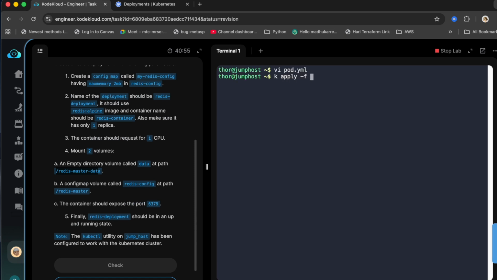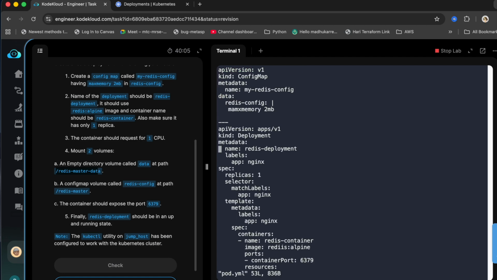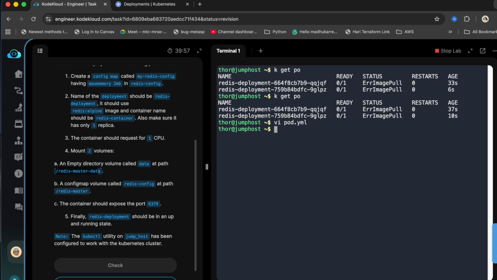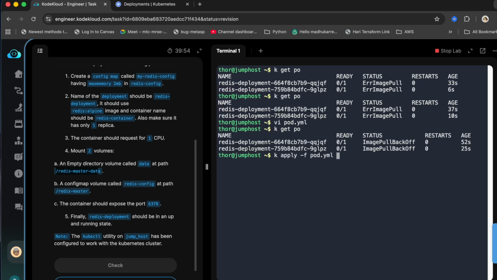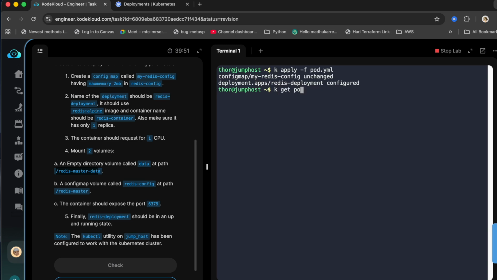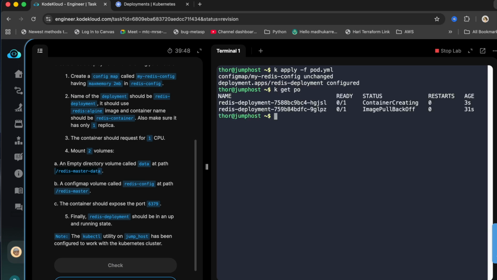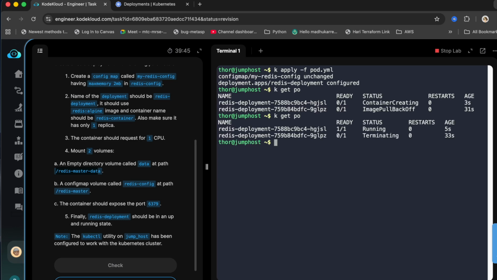Let's save this. Now apply this. Okay, now if you run the command kubectl get pods, okay, error ImagePullBackOff. Sorry, my bad, it's a typo again. Let's reapply, hopefully this time. Okay, it's creating the container. Yeah, it's running. If you get into that pod with kubectl exec -it, the pod name, -- sh,